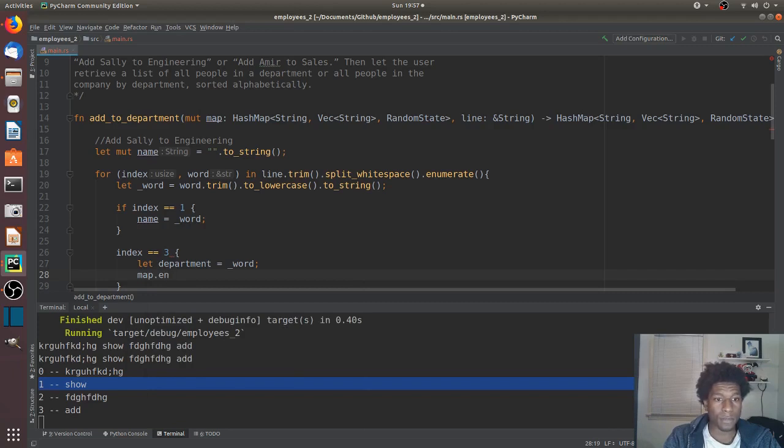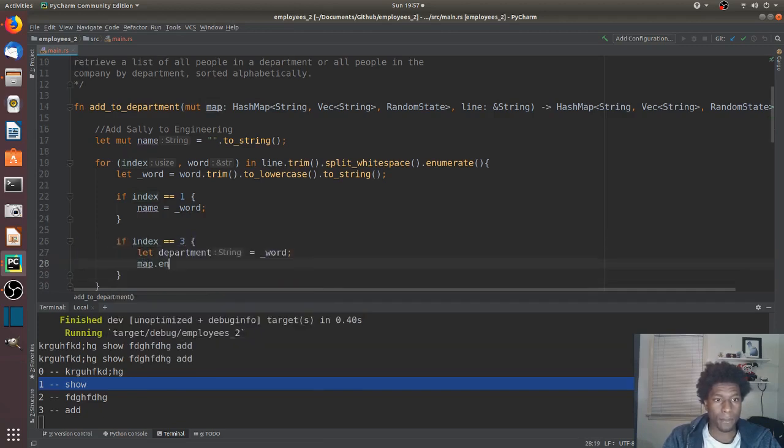Wait, why is my map not looking up? Oh, I forgot an if statement here. If. Cool. My map dot entry. Entry is going to be the key. The key is going to be the department. Department dot insert or